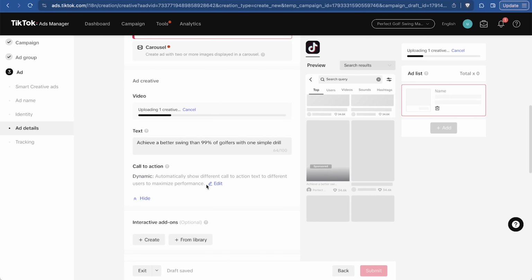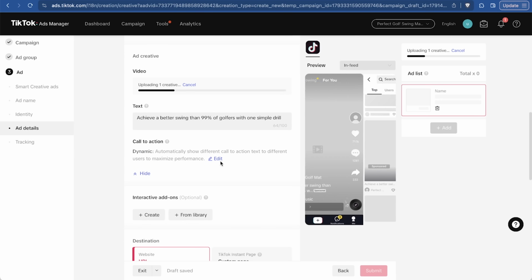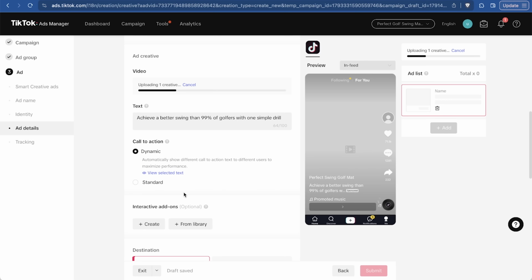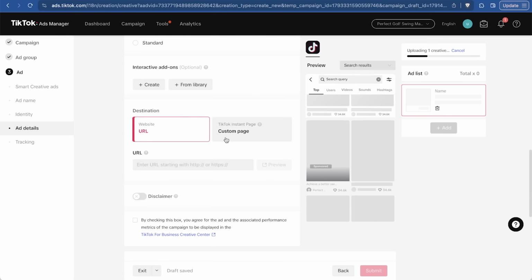So you can customize the call to action if you want it dynamic or not. You can edit that. Dynamic's just going to automatically show different call to action text to maximize performance. I usually leave it on dynamic. That's fine by me. We can set up the